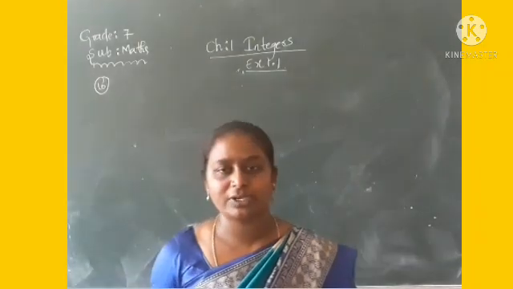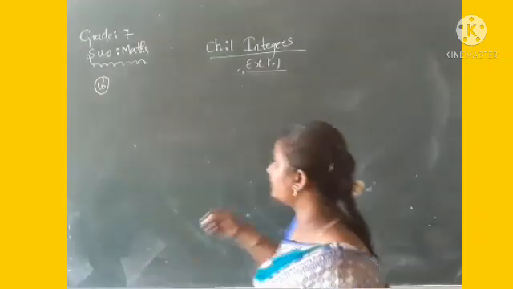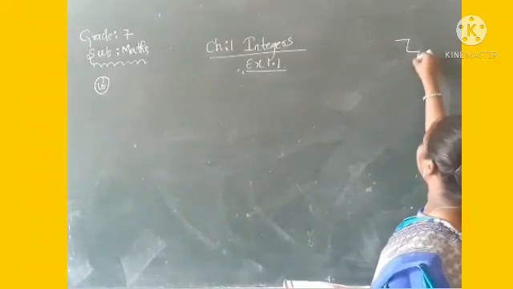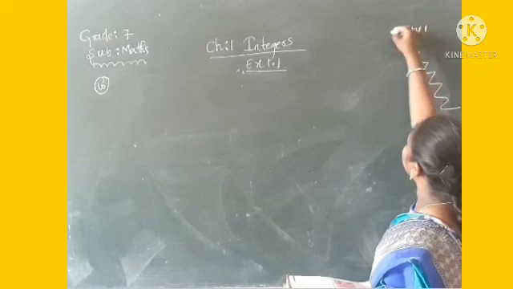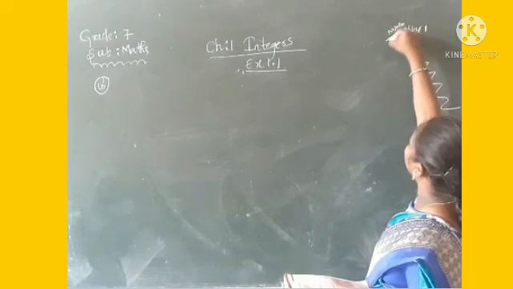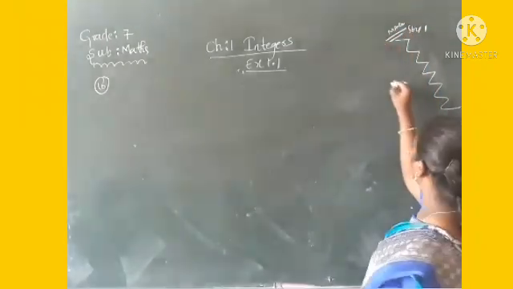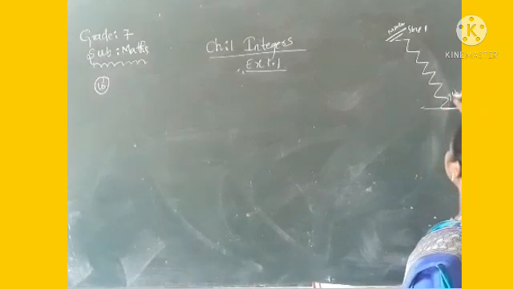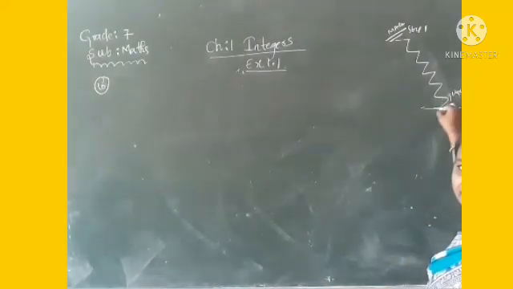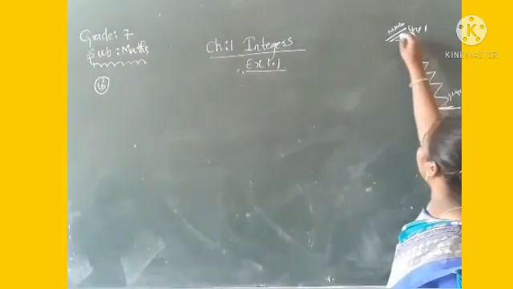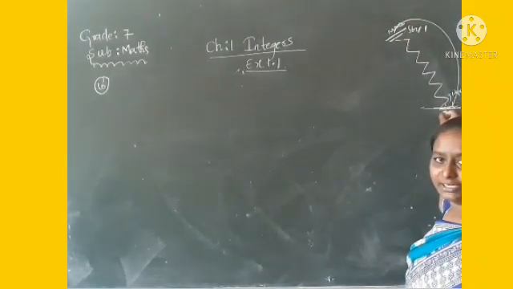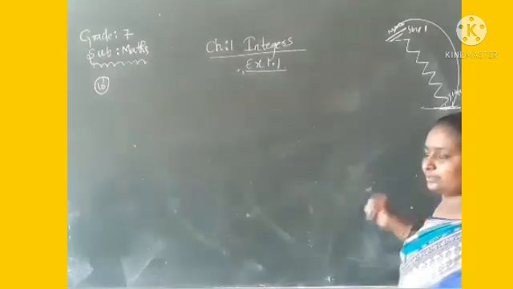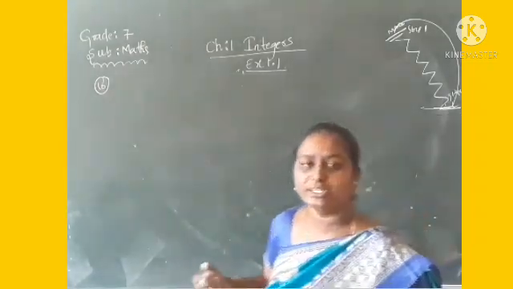Okay, so the water tank is there, and in that some steps are there. The monkey is sitting at step 1. But the water level is at the 9th step. So how many steps will it jump to reach the water level? That is the 9th step. So how many jumps does it have to do?